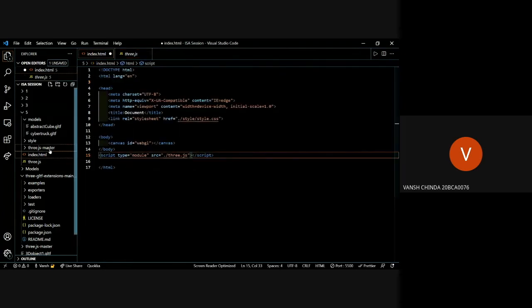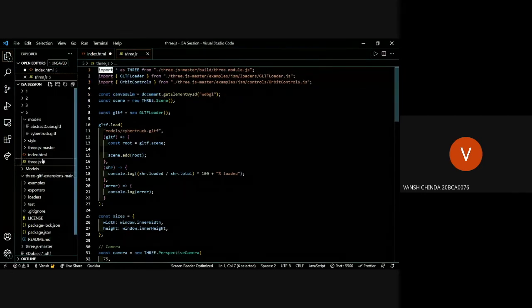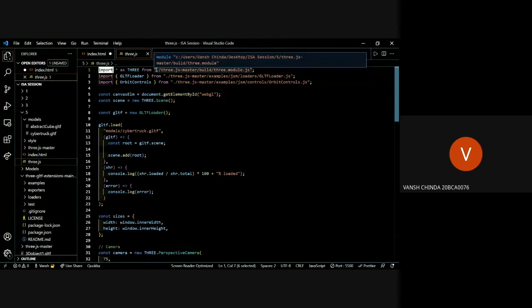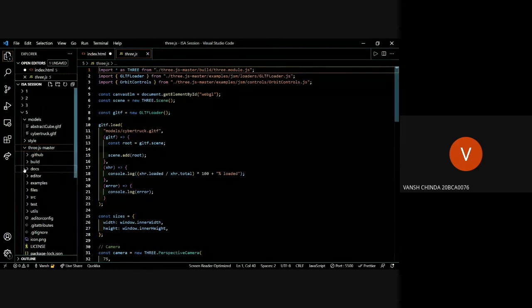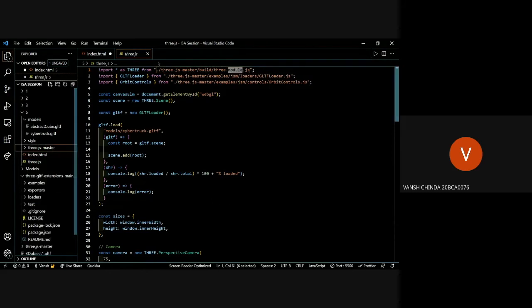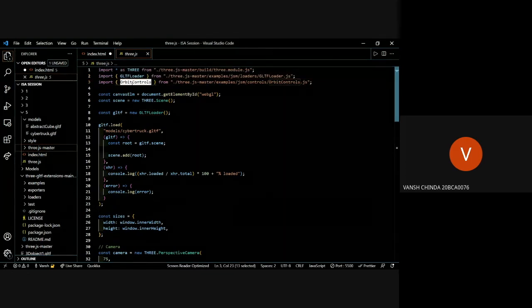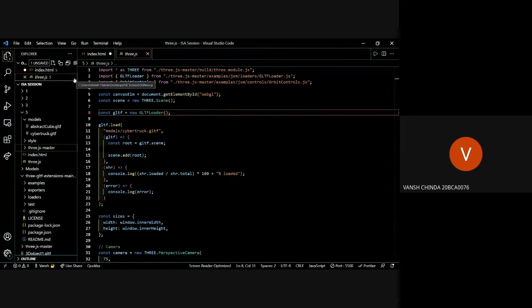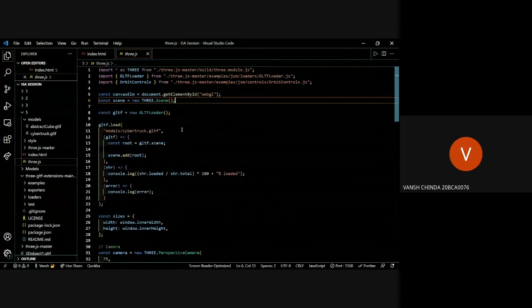Okay, so let's understand how I got these models. I'm using the import function, and these files are coming from /, that means here /3js-master, and then the build folder, and then 3js.module.js. Now we are using modules. What GLTFLoader is, I'll explain in a minute, and what OrbitControls are. Let's pause it here. Okay. Now the index file is clear. Now let's first move on to our GLTF loader.